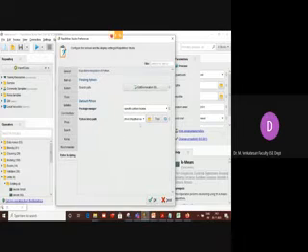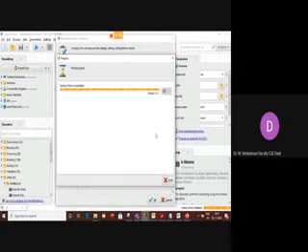Now you already have the exe path, the binary path of Python, here. You can just add that. You can copy and paste it here. That's it. Add that exe path and test it. On the right hand side, you click test, to see whether Python is integrated or not. If the test works fine, then only it means it is integrated.